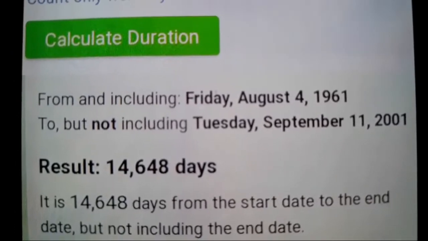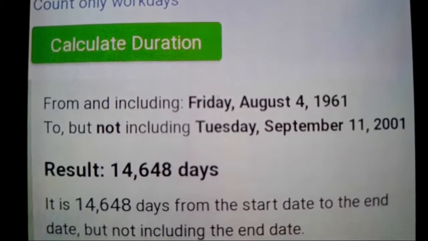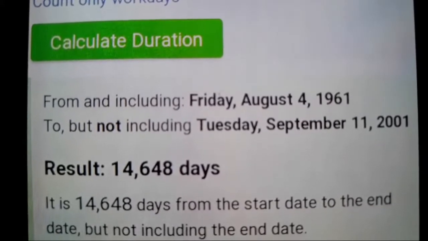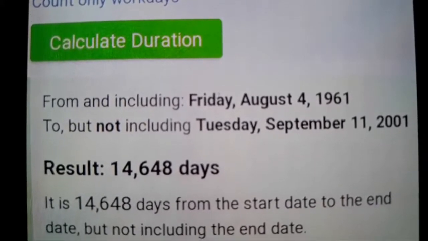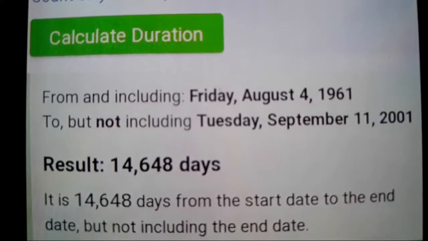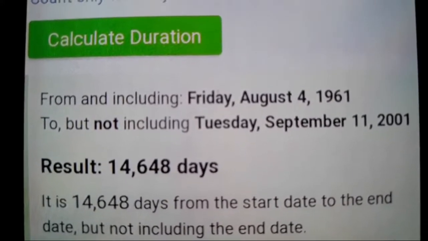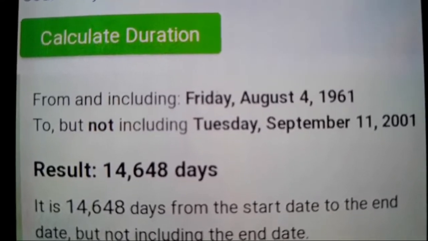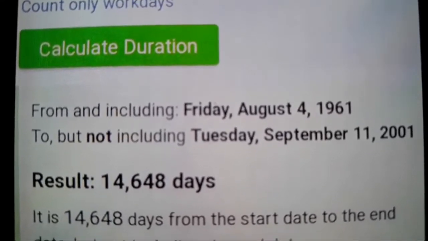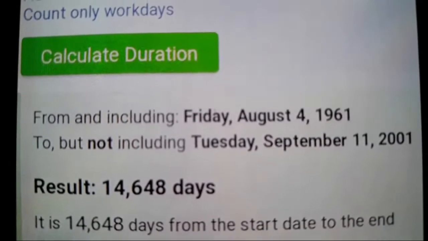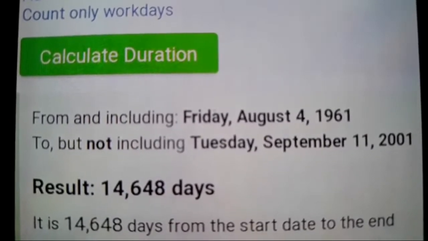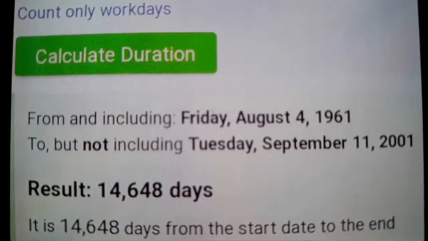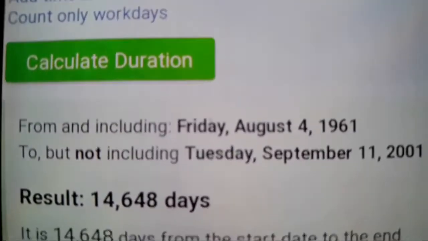Look at this. You got 14 and then 6. The 14th day of the 6th month is Trump's birthday. And then the 4th day of the 8th month is Obama's birthday. Can you believe this, man? So basically it's backwards, 8/4, 6/14, which is Obama and Trump's birthdays. I mean, this is beyond belief, man. Hold on, I got to put my hand down. Do you see what I'm trying to show you there?